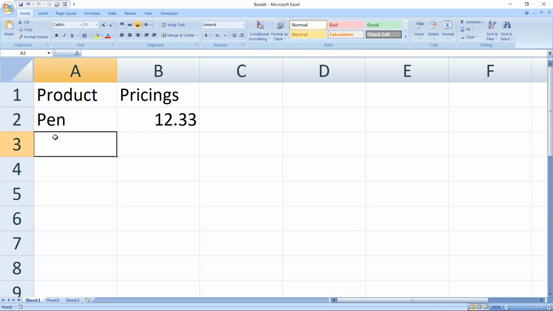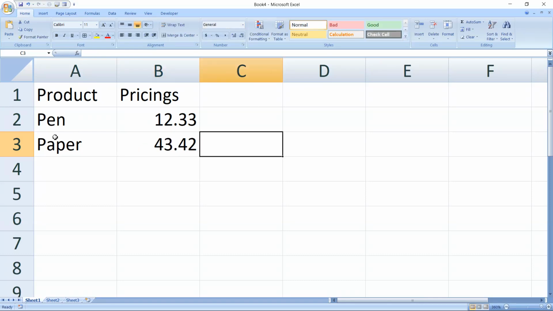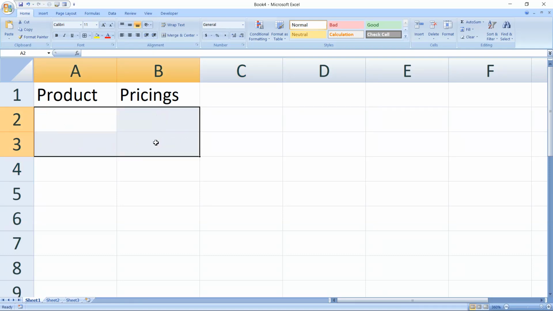Notice that after pen, if I write paper and then press enter, it's going for the pricing. So let me press 43.32 or 42, and whenever I am pressing enter, the cursor is moving to the cell next to it. I have already discussed that we can easily overcome this hindrance by selecting the range